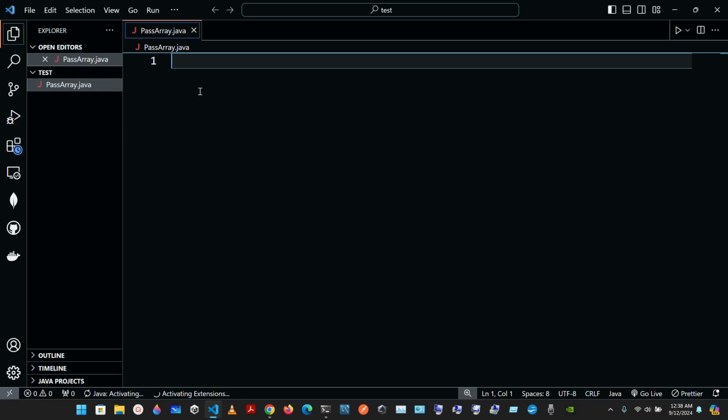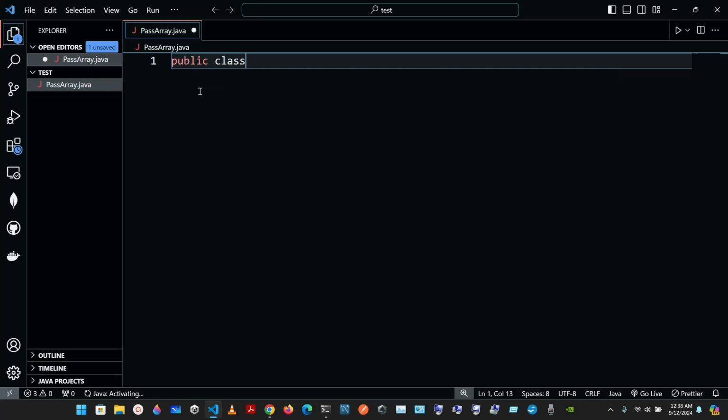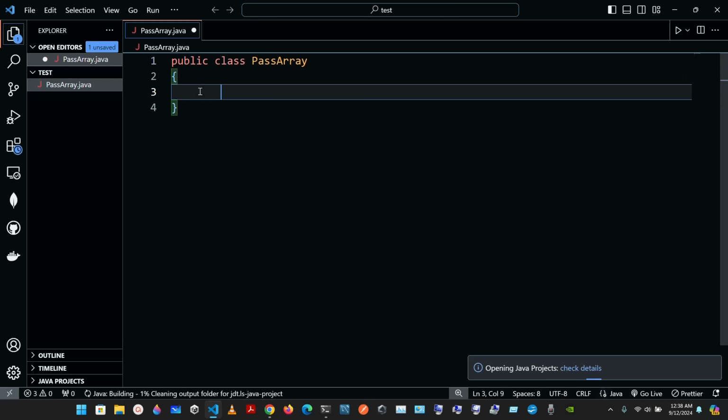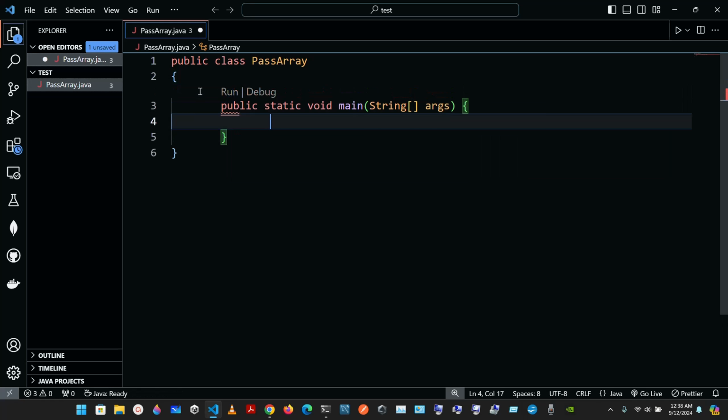Okay, so we are gonna, this has to be public, so it has to be public class, and then the name is gonna be passArray. Okay, to the next line we're gonna open curly braces, and now we're gonna have our main method here. So the main creates an array and calls the modify array and the modify element. So we have the public static void main,